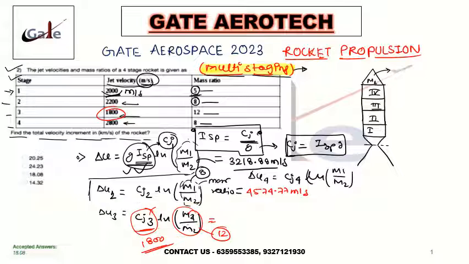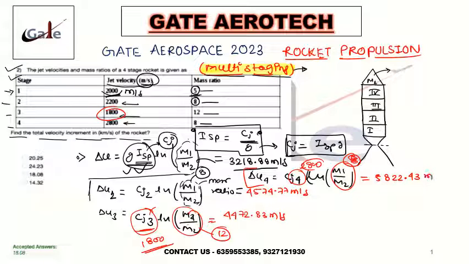I am getting 4472.83 meter per second. From the fourth stage, this is again given 8, this is not 18, this is 8, and this is 2800. So if you substitute again, you will get